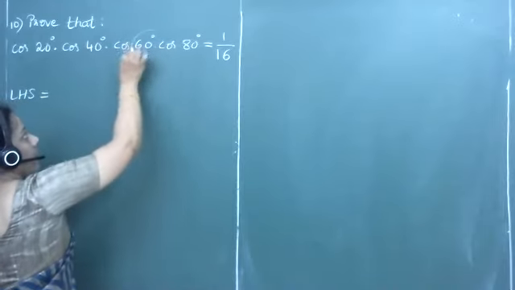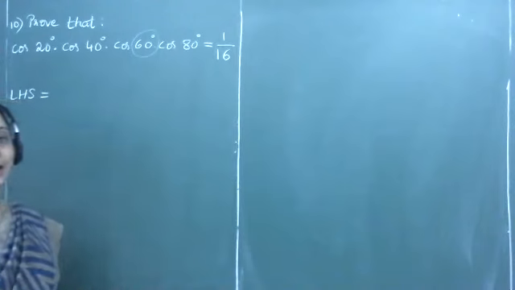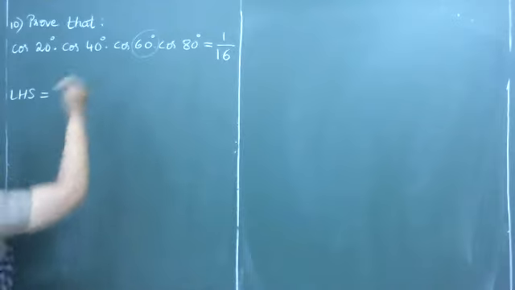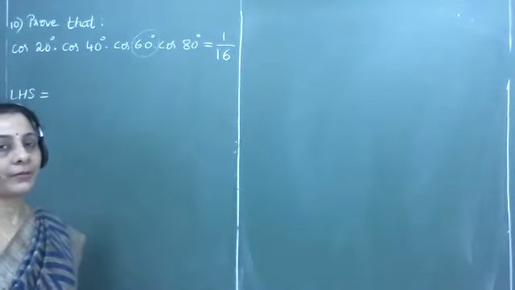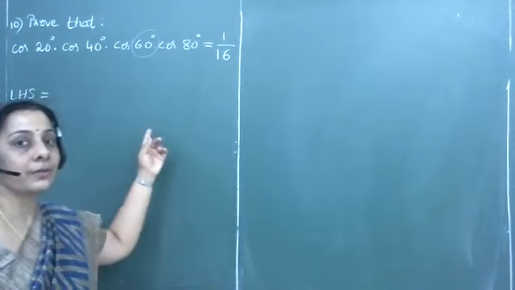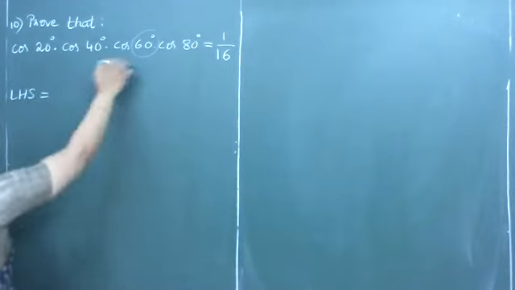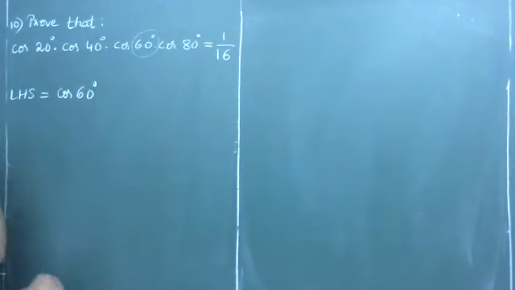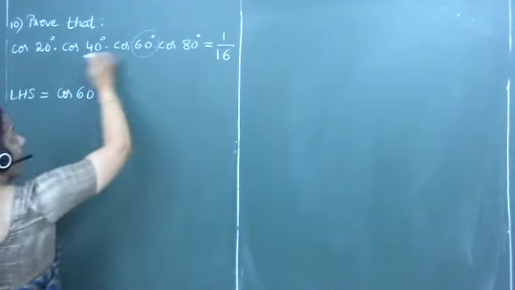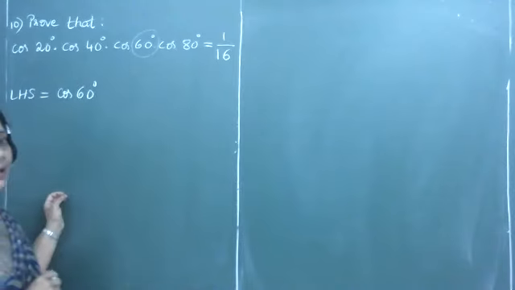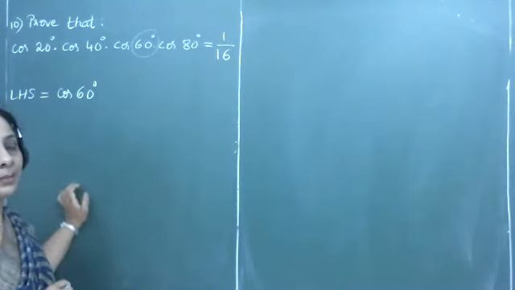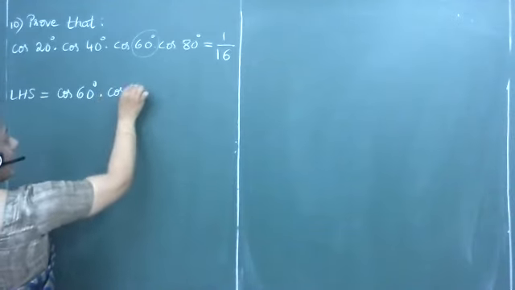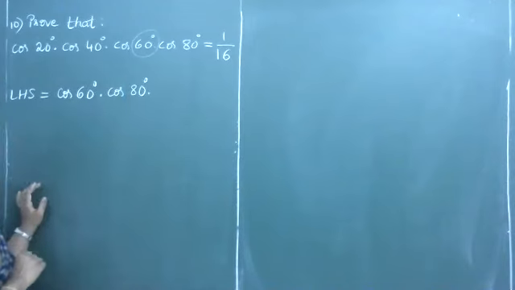And we observe here that 60 degrees is a standard angle. So of the 4, one is given to be a standard angle. With a standard angle we are always benefited. We don't have to apply the transformation formula because we know the value of the ratio there. So cos 60 degrees, I will write it as the first term so that it gets replaced. Now the remaining 3 factors, we shall be bringing in a definite order. I will see that cos 80 degrees comes as the first factor.